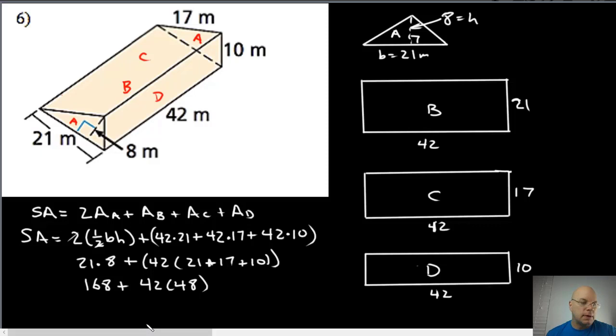And did I say you could use a calculator on this? Yes, I did, as long as you write the formulas. So as long as you show this work, then you can use a calculator. Let me just use a calculator. 42 times 48, 2016, plus 168, so 2184. Surface area